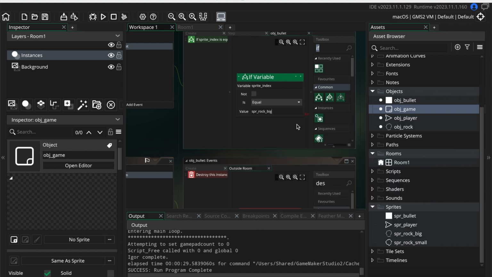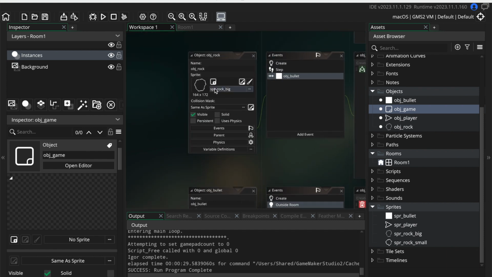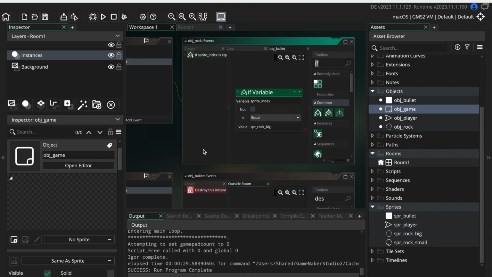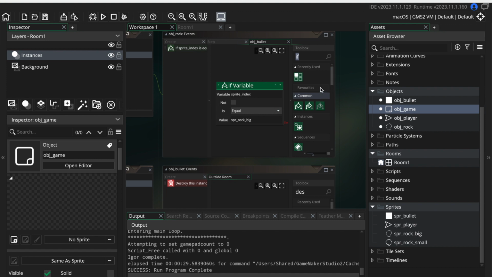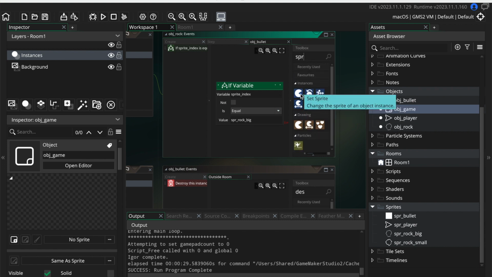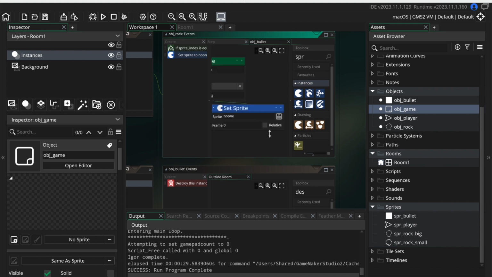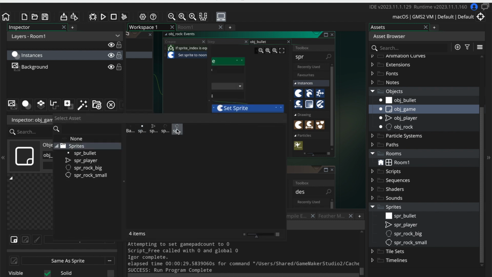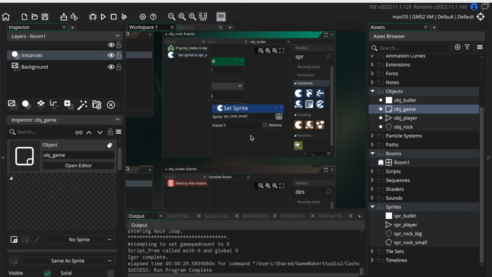That's just associated with the name of the object itself, right? The name of the sprite itself. Sprite. Yes, we've given the sprite to this. So we're seeing if the name of the sprite is rock big, then we are going to set sprite to rock small. And then